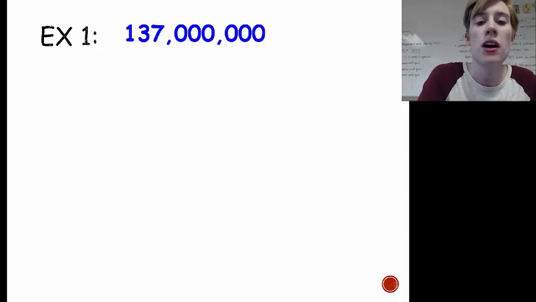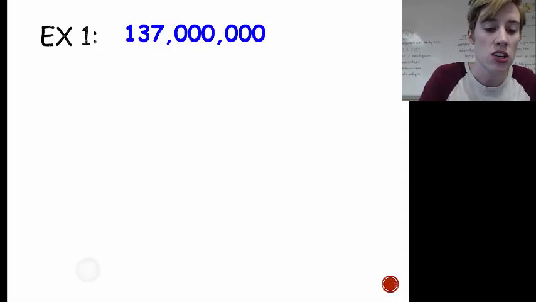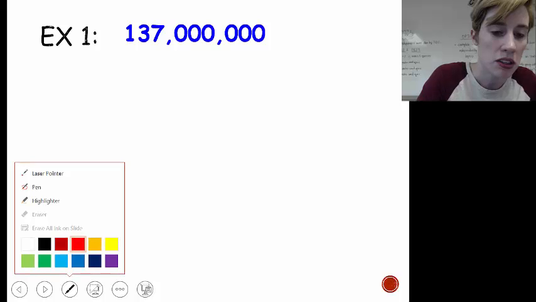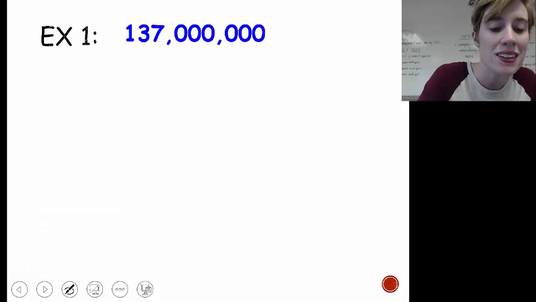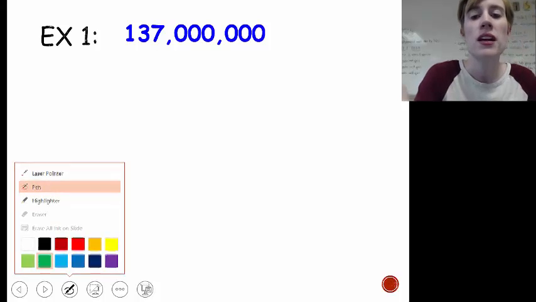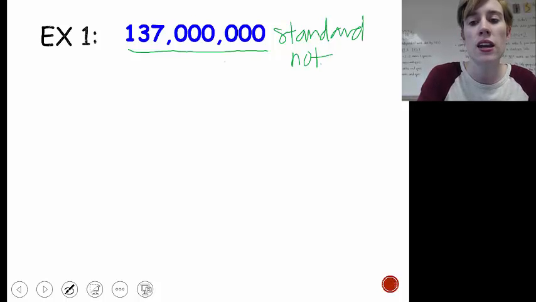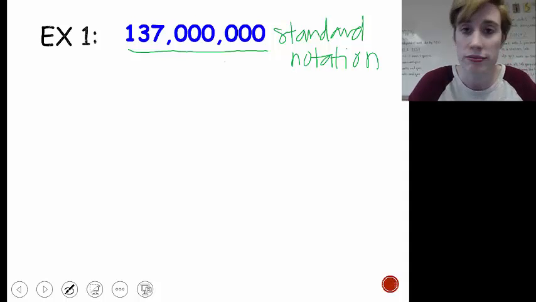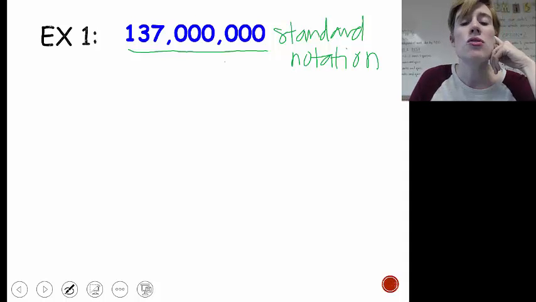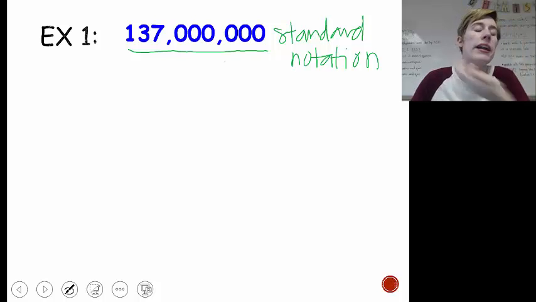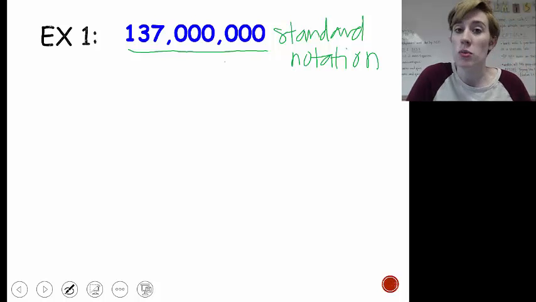So this is an example of a number in standard notation. Okay, so this number right now is currently in what we call standard notation. Standard notation just means it's a number that is written regularly. Standard, right? So normally numbers we just write out and we leave them on the page the way they look,